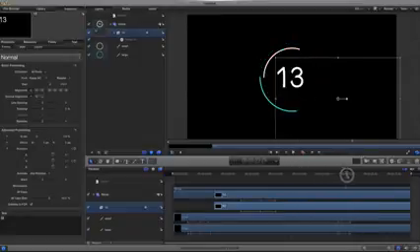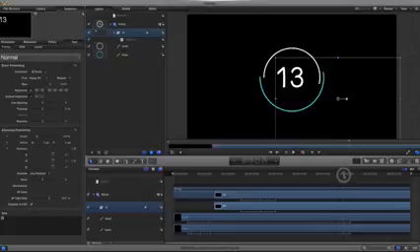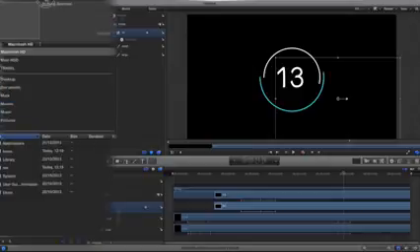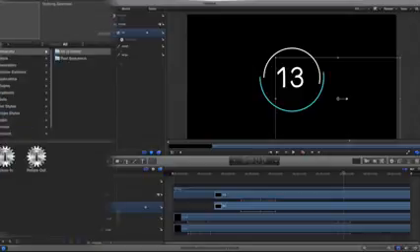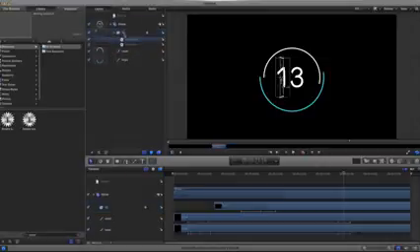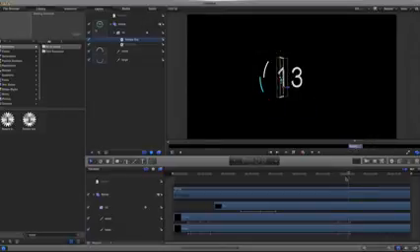So when these circles go out, what I want then is for my text to rotate out. So I go back to my file browser, my library, and then behaviors. I've still got rotate in and rotate out. Drag rotate out onto my 13 text. Now it pops up here in my timeline, and I actually want it to rotate out right here on this green part. So when it rotates out,